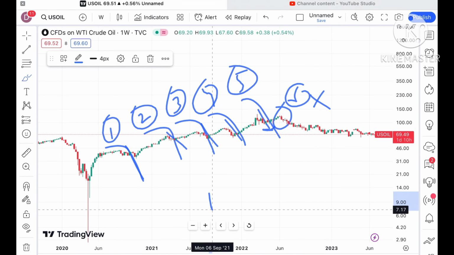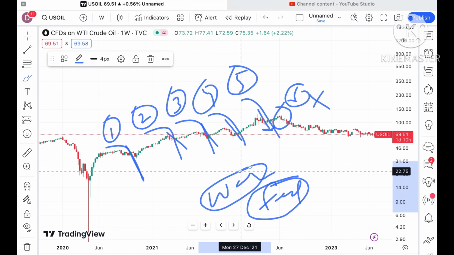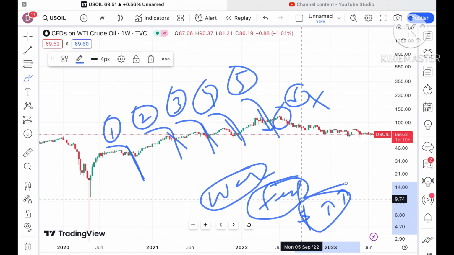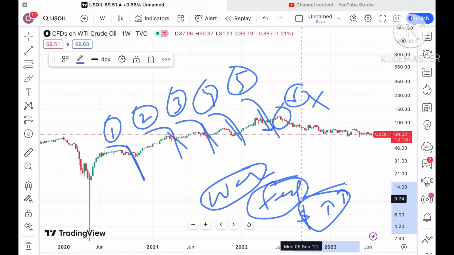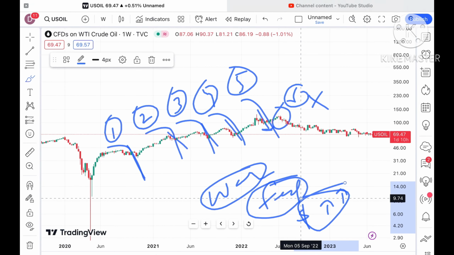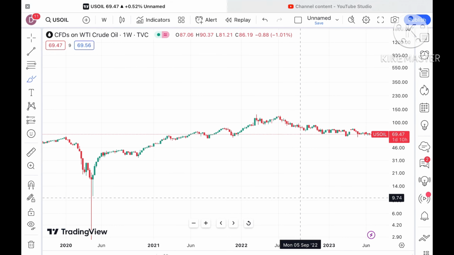Because of the war situation, the Fed was continuously increasing the rate, and it is still increasing the rate and the dollar is getting strengthened. If the dollar gets strengthened, then suppose a country is importing a certain amount of crude, they have to pay more for that same amount of crude. So that is the disadvantage. There is an imbalance in export and import because of the war we have seen.